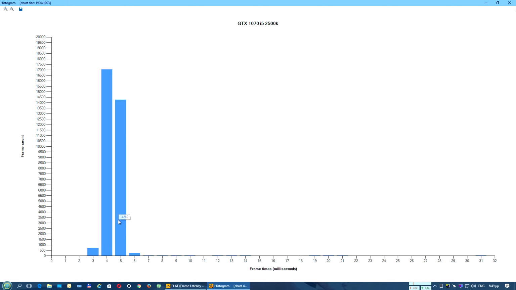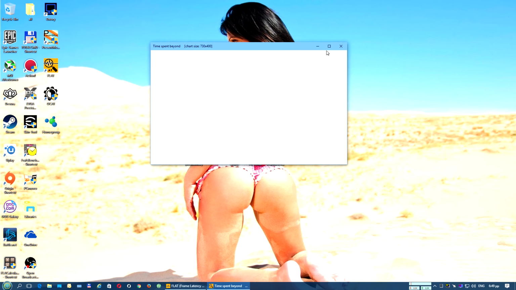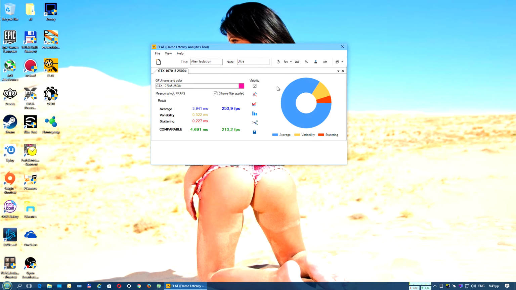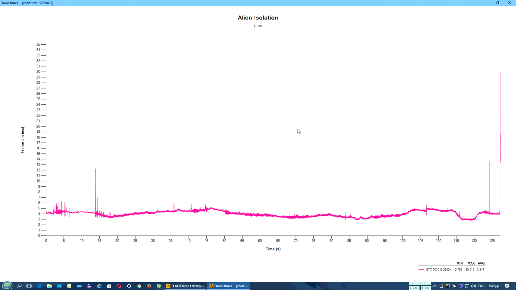The histogram of the frame times is at 4 and 5 milliseconds for the majority of the frame times. Crazy performance. Time spent beyond 16 milliseconds. Okay, we have 5 frames. It must have been at the point that the demo was exiting. I should have stopped it 1 second earlier. Anyhow,